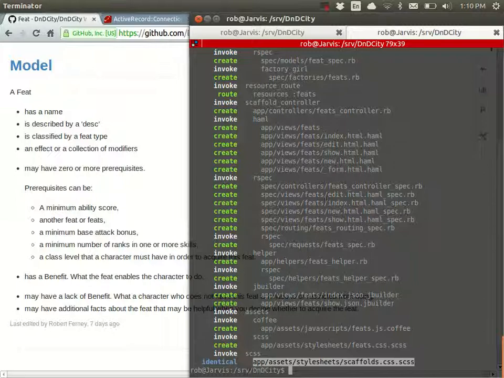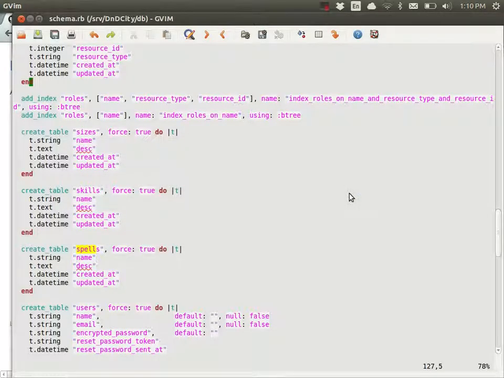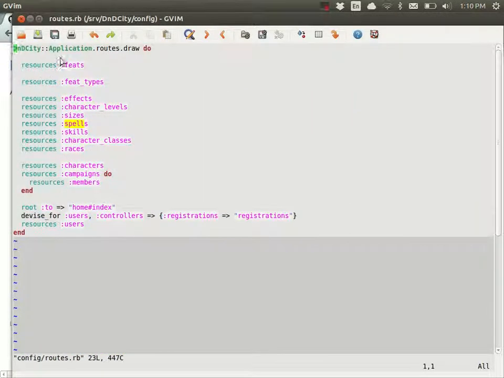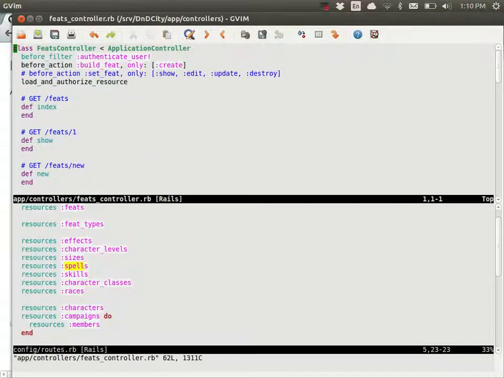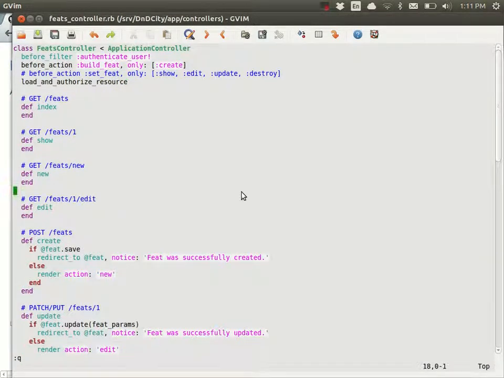And so now I can go and look at config routes, and I have feats and feat types. Feats controller, and I have it set so it automatically asks to authenticate user, build feat. For the create, it has some load and authorize resource stuff set up, and this load and authorize resource invokes can, and that means that